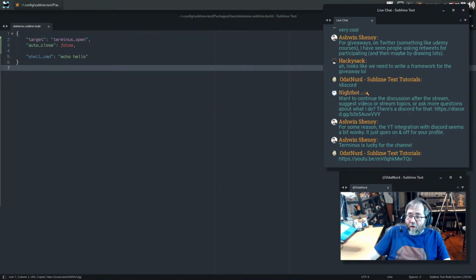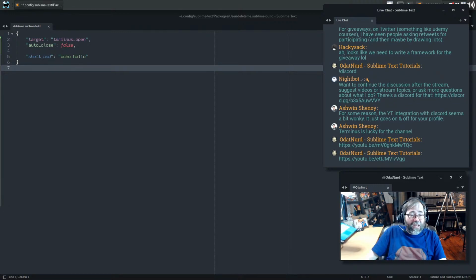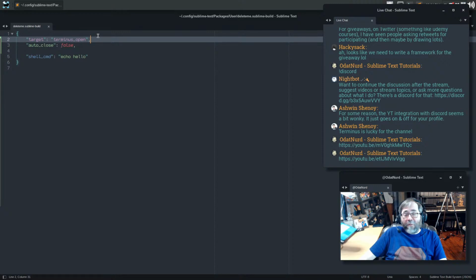And for more information on using it in a build system like we did here in this very quick example, I would recommend this video, which talks about how to take any existing build system and convert it to Terminus, which is very straightforward. It mostly just involves adding a target line and maybe the cancel key if you want to be able to cancel the build, to get something to run in a panel.